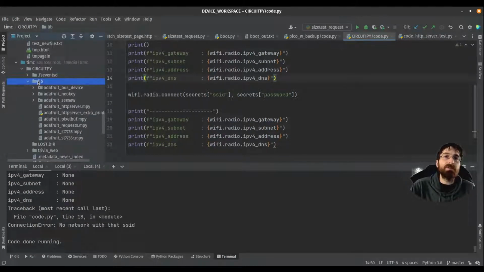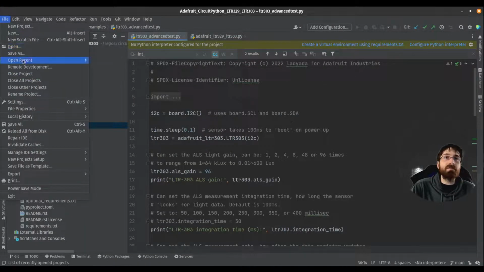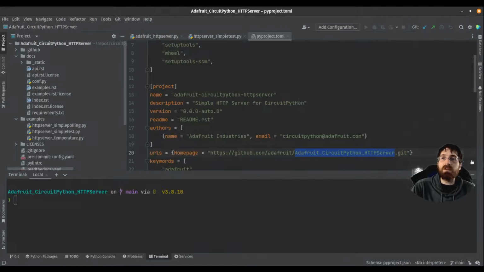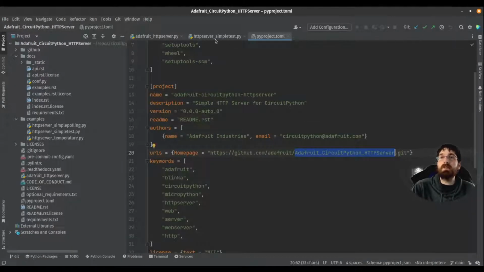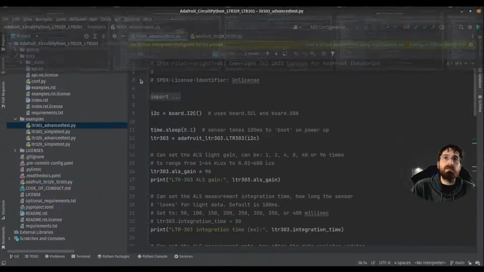Now the problem is I have HTTP server MPY, and I have HTTP server extra prints, but I don't want to use either of those. I want to use a new fresh copy without any extra prints, but we are going to change the size.